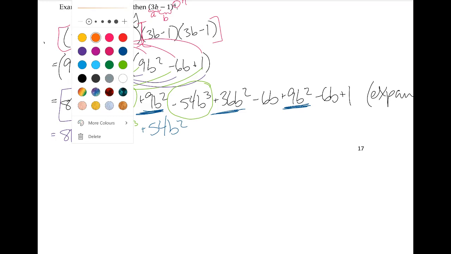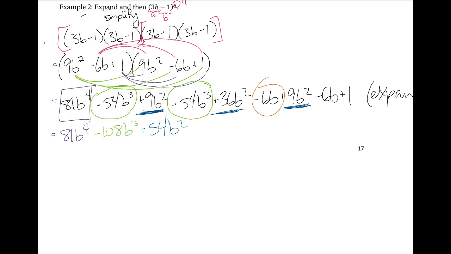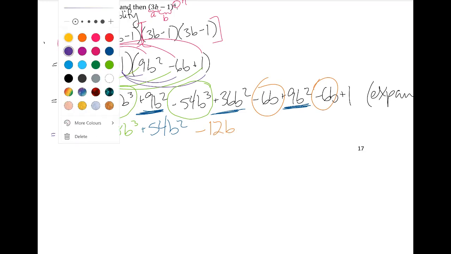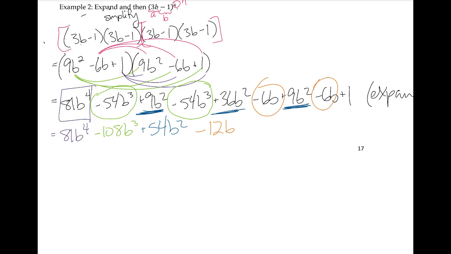And then I've got 2 B terms. And finally, my lone constant at the end. Okay, so that's kind of how that all works if I expand it like that. That was tedious, it took a long time. You may find that the formula is just as tedious and takes a long time, but when we get into